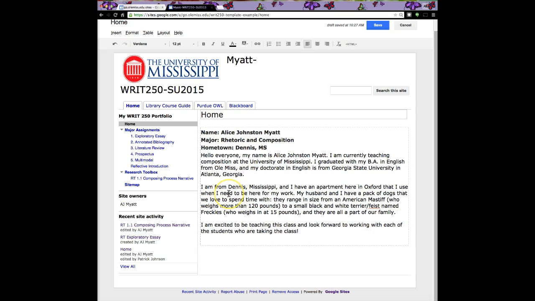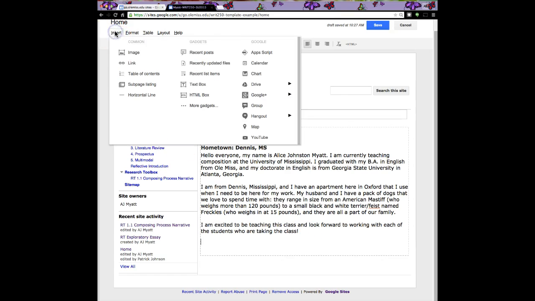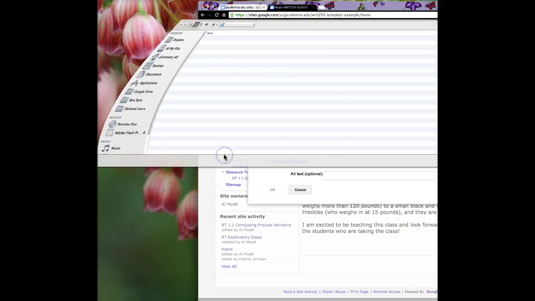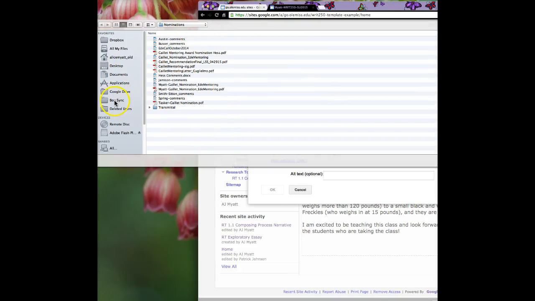Now that I've added some white space, it'll be easier for me to read, or for anyone who visits this page to read it. Other things I can do here, I can insert an image here, so if I take an image and I navigate out, I can find either uploaded images, or I can choose to upload an image. If I choose,